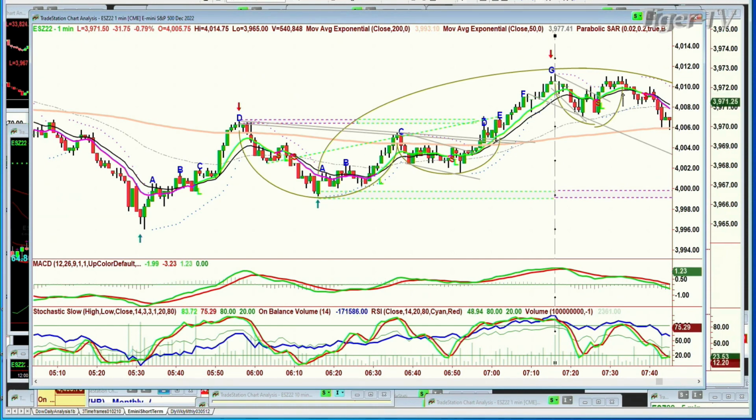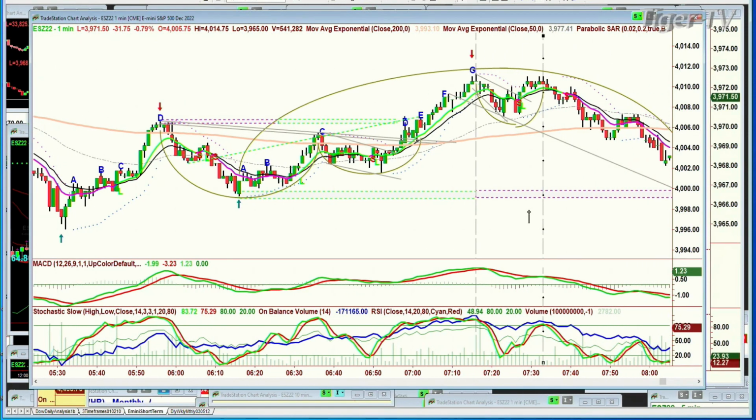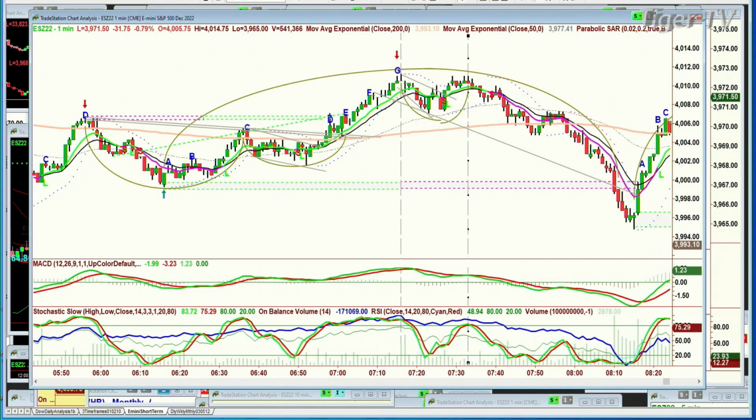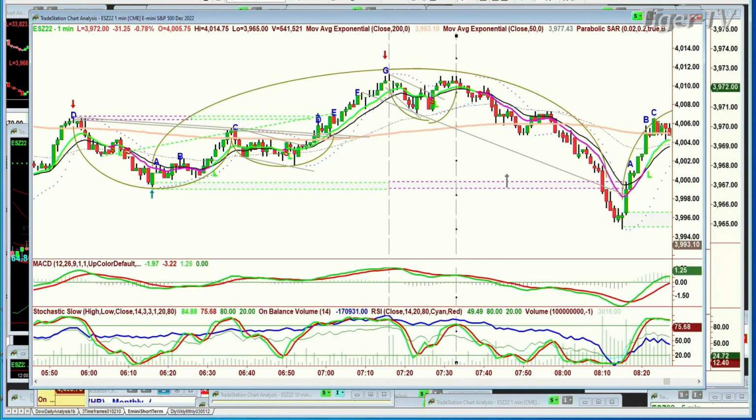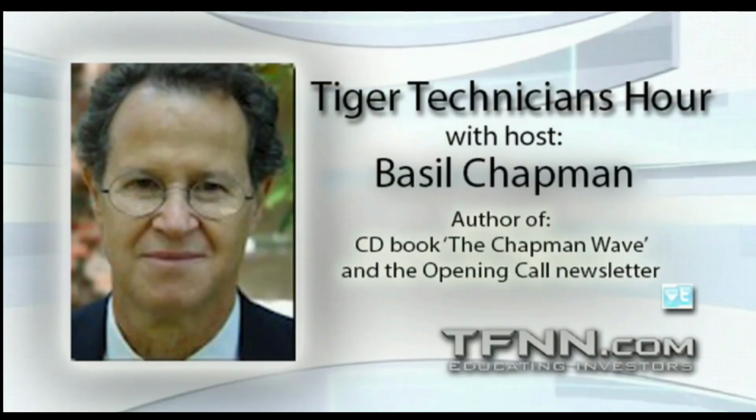Look, if you test that vertical line, look how strong the technicals, the MACD and stochastic and the on-balance are. Look how weak they are here. So what happens is it makes the dreaded H over there, comes down, tests it, makes another H pattern, fails, and it plummets down using the 200-period moving average as a repellent zone. It tries it again, goes to peak C and then a peak D. And it goes 1-to-1 to the downside, goes to a peak C and then a peak D over the 200-period moving average. And then it plummets, and now we are down 31 points in the E-mini.